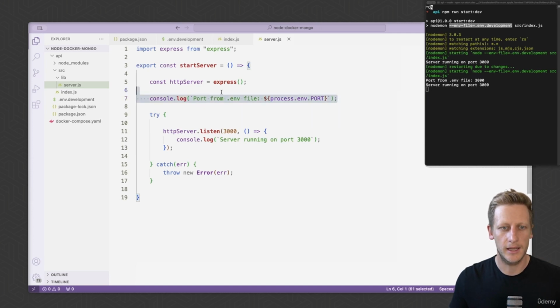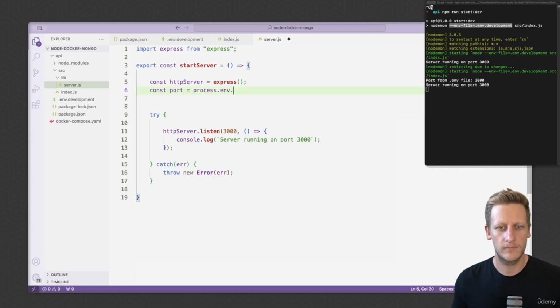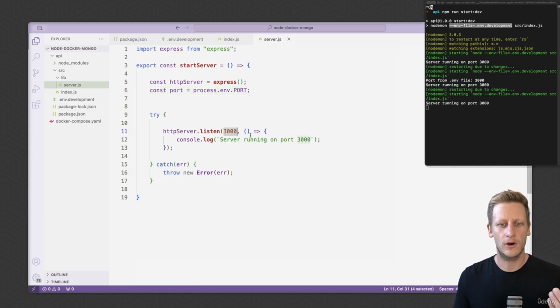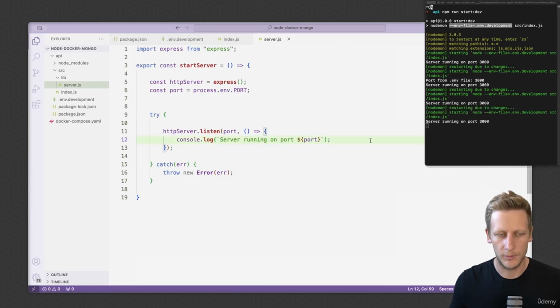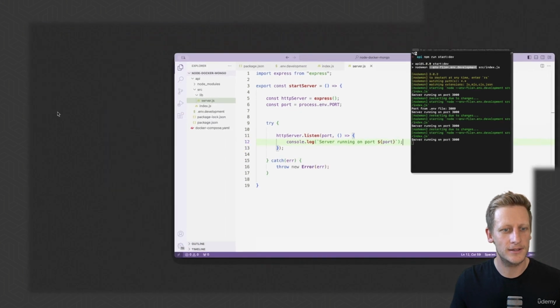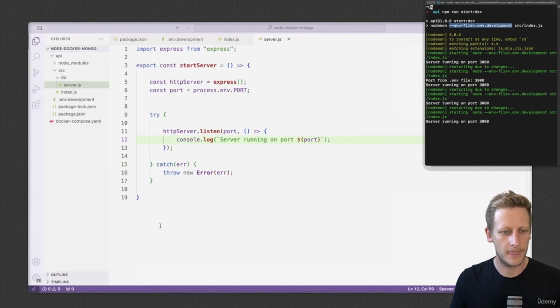So we can go ahead and delete this console log. And I'm going to create a new constant here, and I'm just going to call this port, and the port can come from process.env, and then we'll just reference the port variable that we've created there. I'm going to go ahead and save there, and now instead of hard coding this port into the .listen function, we can now reference the port variable we've created, and instead of hard coding it in our string, we can use string interpolation and just pass that port in there. I'm going to go ahead and hit save to validate that our server is still running,